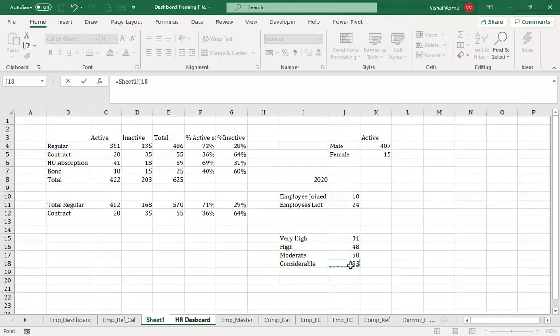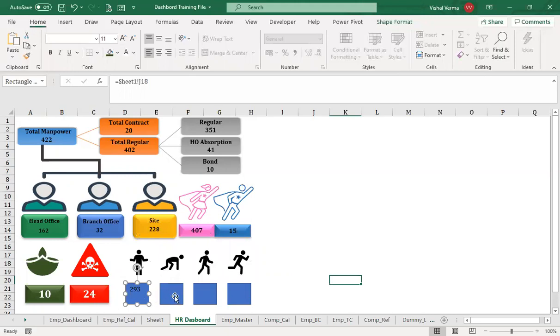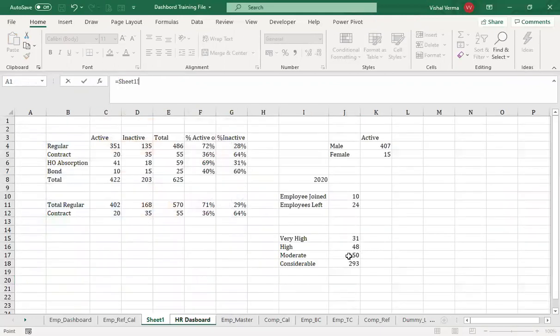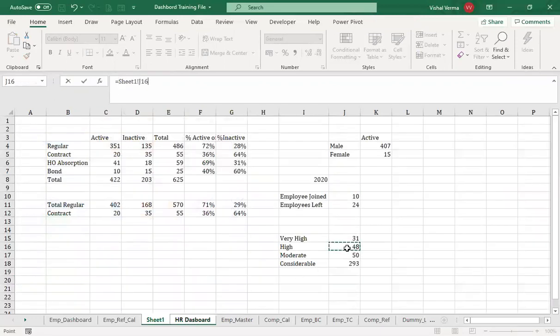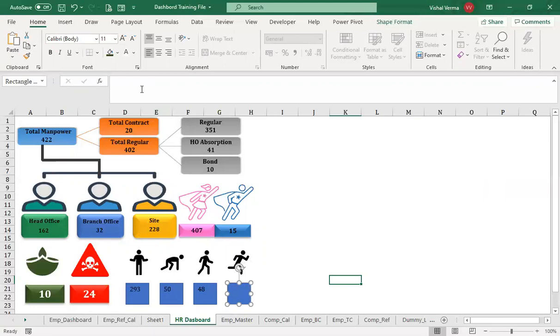So we have this here, considerable, here moderate, for this high, and for this very high.